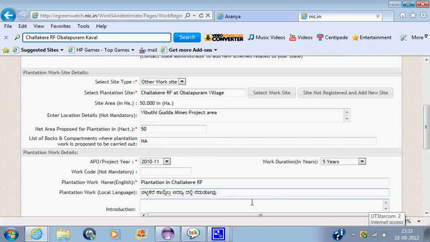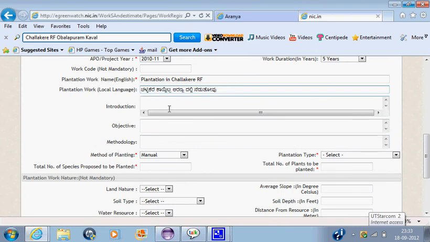Challakere Kaidita Araniyadalli Nedutuppu. So put the introduction of this.